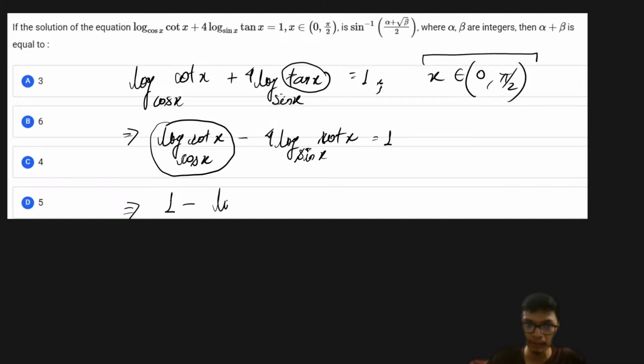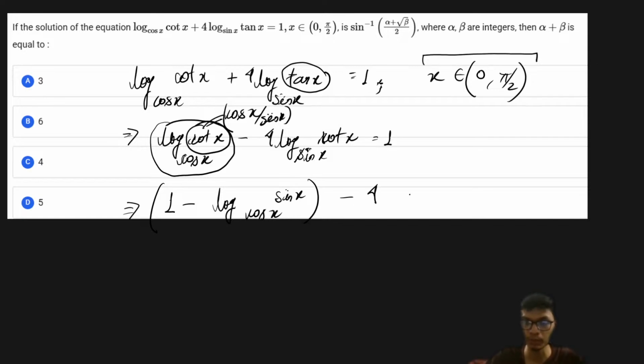now what I'm basically doing, try to understand. So I can write this expression also as 1 minus log of sin x by cos x. How did I do that? I can always write this cot x as cos x by sin x, and then if I use the division property, log of m by n is equal to log m minus log n. So then log of cos x base cos x is going to be equal to 1 minus log sin x base cos x,